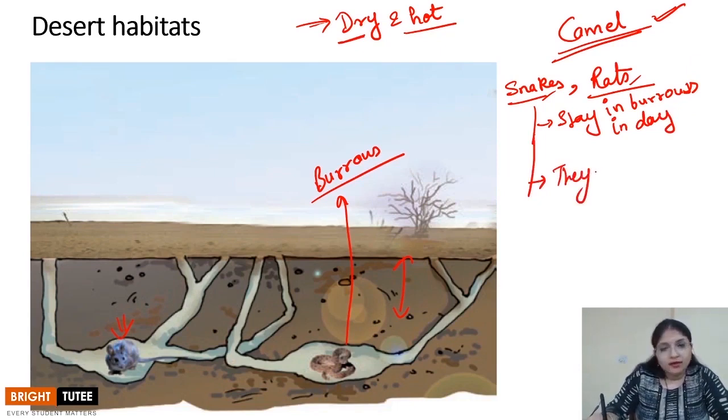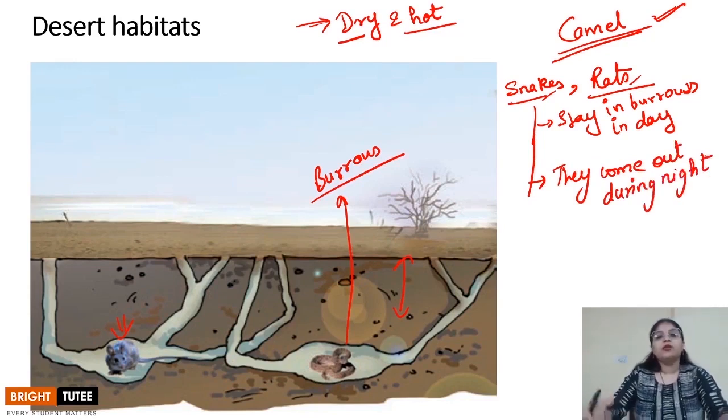So why is that so? Because the night is cooler in the desert environment. So they come out during night, right? So in this way they hope this particular adaptation or behavior change rather helps them in avoiding the high temperature during the day. Now, as camel, these animals also can stay without water for a very long time, and